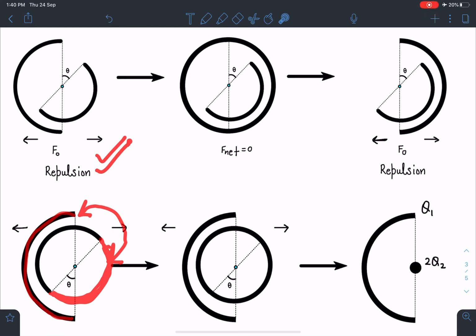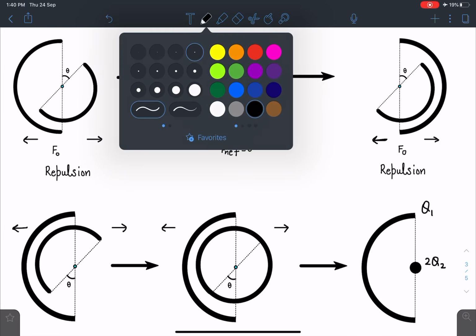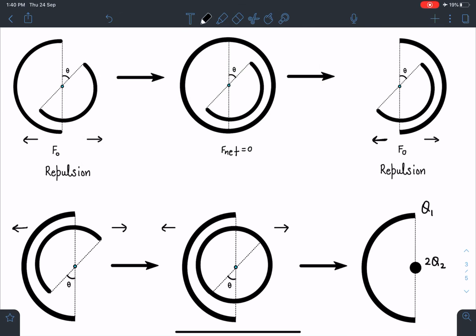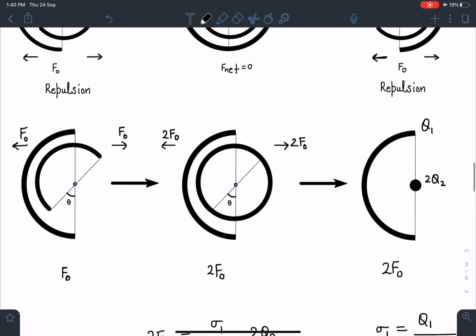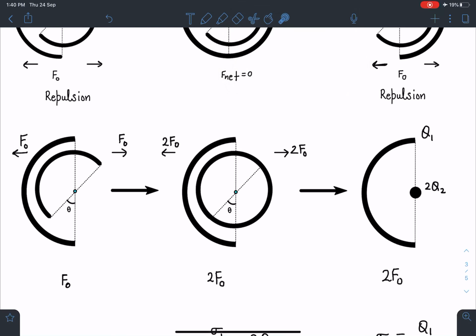So in this case also force is F naught. In the earlier case also force is F naught. So I can easily say in this situation now, this force is going to be 2F naught. This is also 2F naught and this is also 2F naught. This we have already said it is F naught. I hope it is clear to all of you. Already I have written here. So if this part is clear to you, we are very close to the answer now.